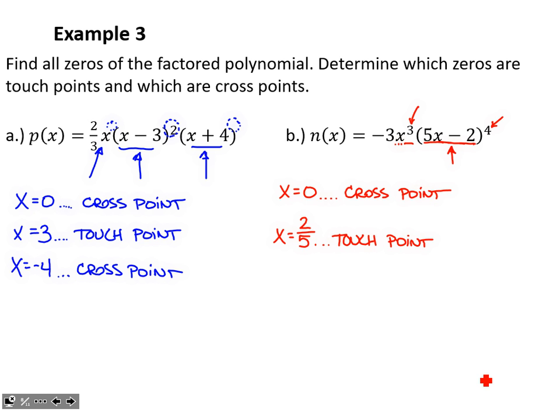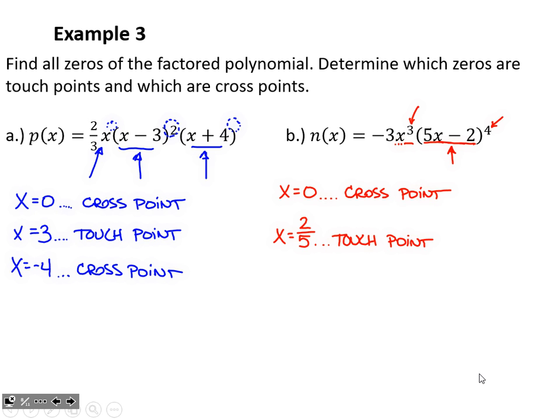All right, so to fully illustrate, whenever we have a factor shown an odd number of times, the graph will cross at that point. Whenever a factor is shown an even number of times, that's where we have our touch points. Okay, but you can see this builds off our idea of factoring really nicely.